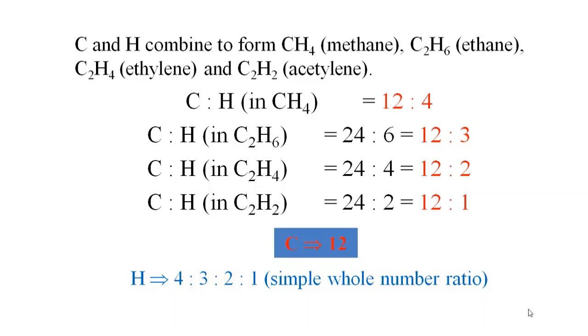Now, with carbon 12, hydrogen is attached in the ratio 4:3:2:1, which is a simple whole number ratio. So this example also satisfies the law of multiple proportions. The other examples are